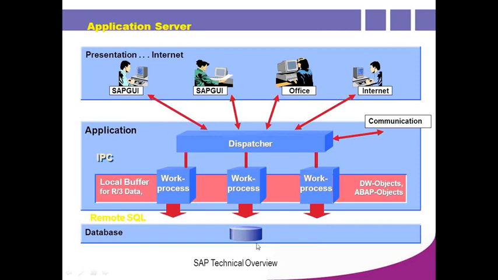Not only Gmail, but also your online banking: your bank account details are in the database. To fetch this data, it will check your authentication here. That means the application layer is just processing the business. It won't contain any data. Data is always in the database, and this is from the presentation layer. So it's just processing your request.